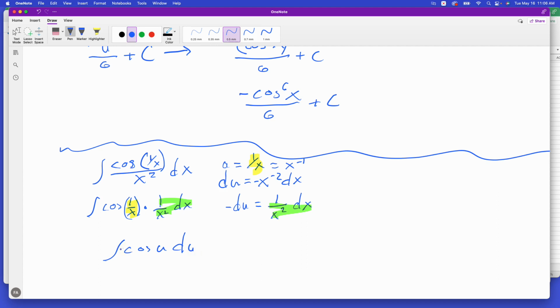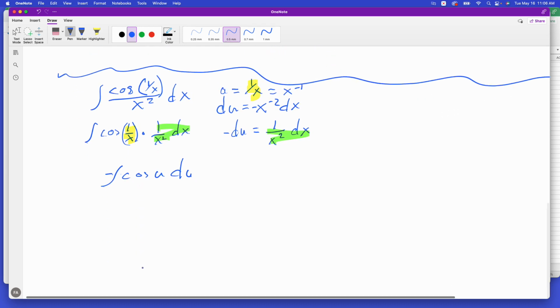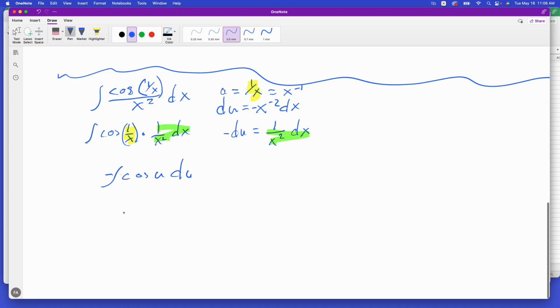Now I can put the negative right here, or I can put it outside of the integration sign. It doesn't matter. I can put it in either spot. If I put it outside the integration, that might make it a little bit easier to look at, although putting it inside, in my opinion, would probably have a similar effect. But integration of cosine, you kind of have to think backwards with these trig functions. When I did the derivative of sine, I got cosine, so the integration of cosine would be sine. So this is negative sine of u plus c. Remember, u is equal to 1 over x, so I have to switch back to my original variable. So it's negative sine of 1 over x